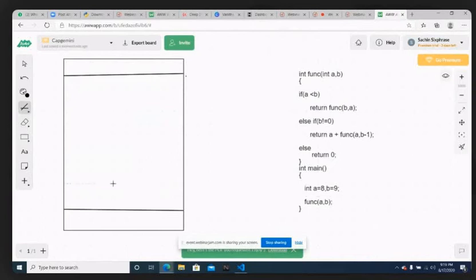So for the main function, you have to create one activation record, and inside this activation record, let me create 2 memory blocks. The first memory block, let me name A, and the second memory block is B. The value we are going to store in A is 8, and the value of B is going to be exactly 9.